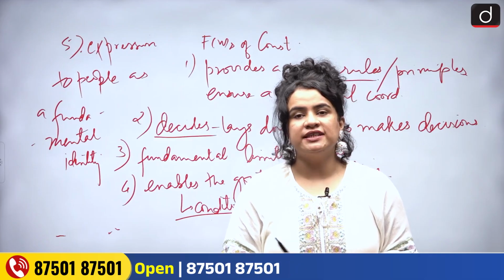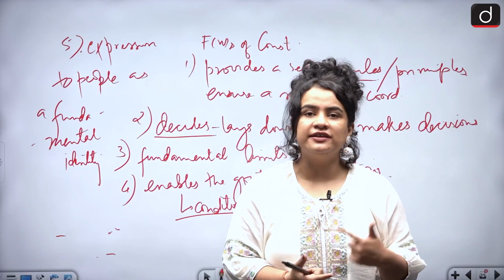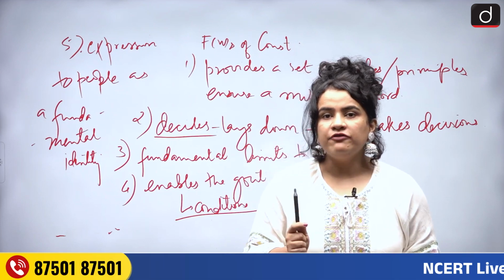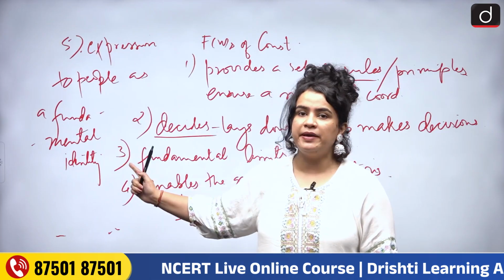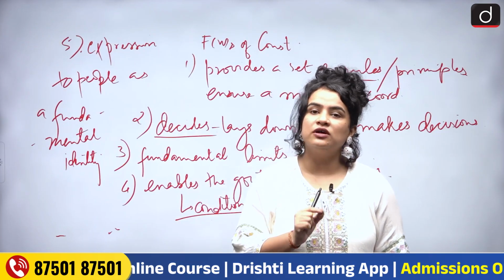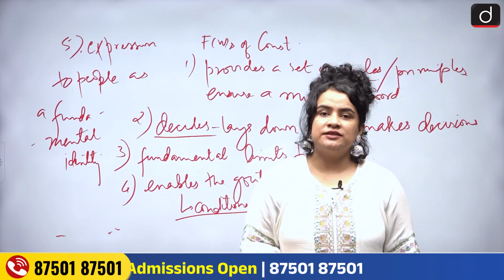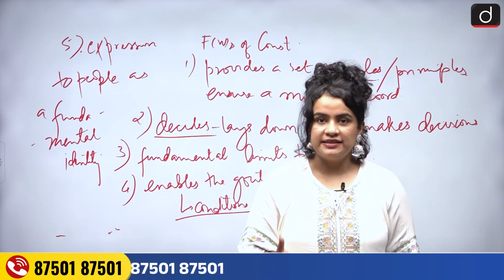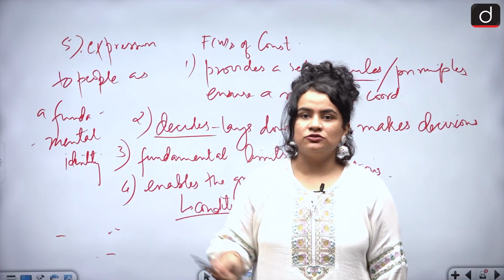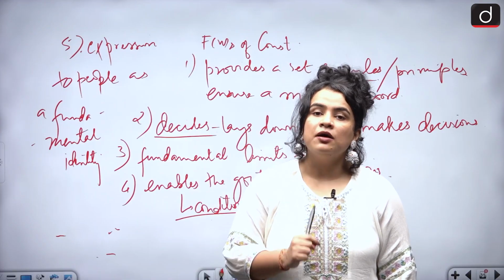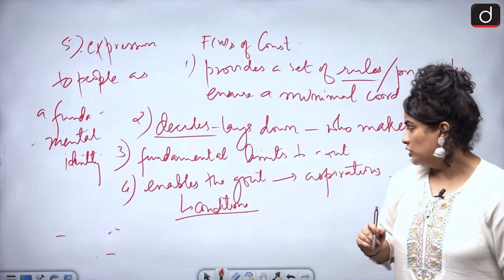They are of course identified by various markers that could be their religion, ethnicity, caste, gender, race, right? However, once they agree to accept certain fundamental principles that are going to govern them, then these people express themselves as a collective entity, as a collective identity, and hence the Constitution actually constitutes their political identity as well. So these are the 5 basic functions of a Constitution.